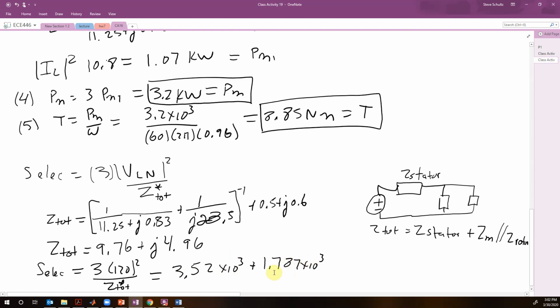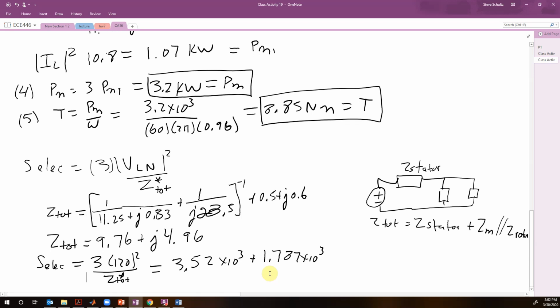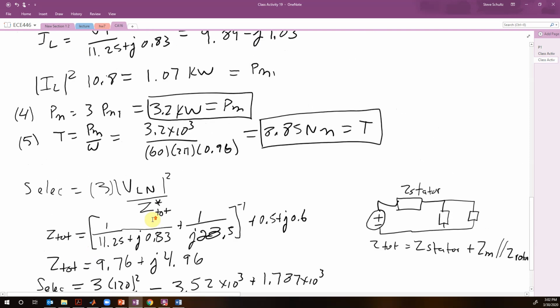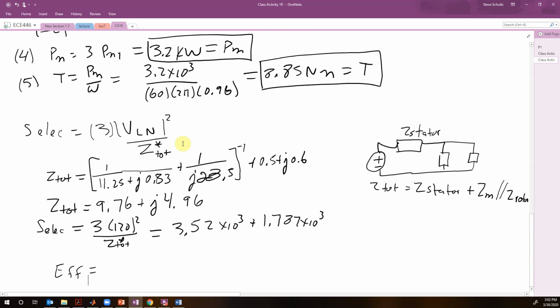So now we see that our efficiency is equal to this, the 3.2, divided by this, the 3.52, which is equal to 90.9% efficient. Okay,